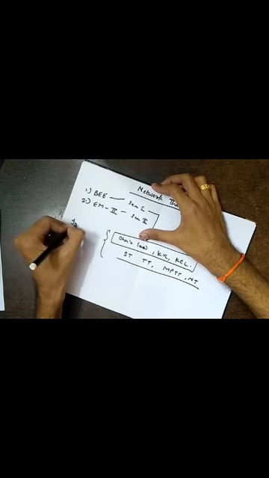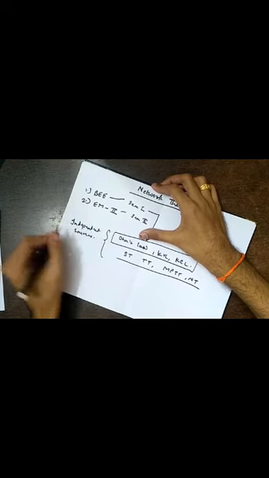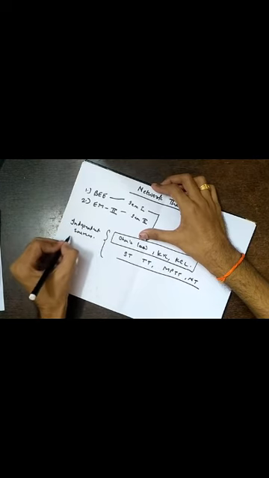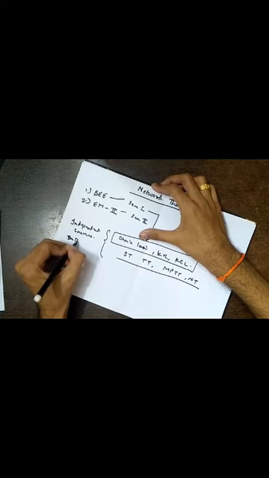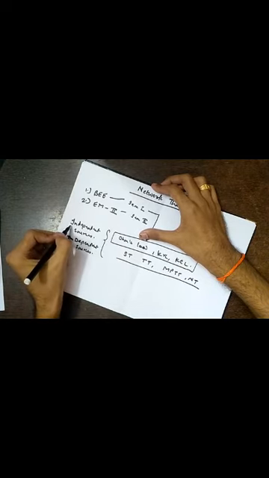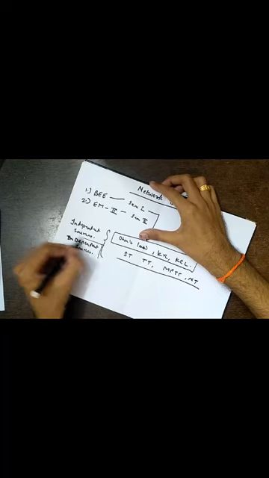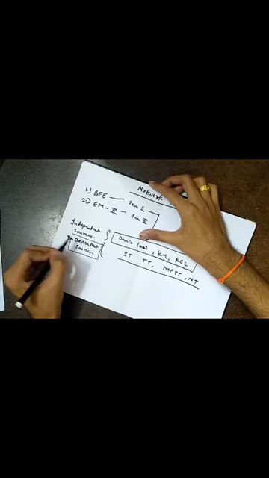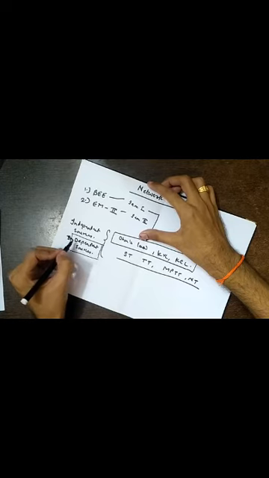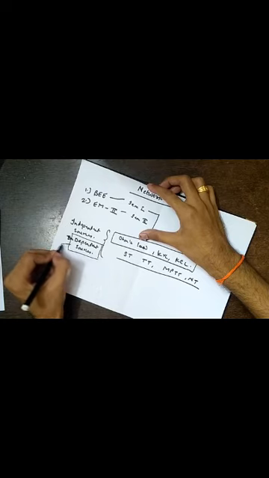This you studied for something called independent sources. Apart from that, we'll also study something called dependent sources. So what is the difference between independent and dependent sources? In independent sources, the current at any branch does not depend on the voltage or the current in another branch. But in dependent sources, the current in any branch may depend on the voltage or current source which is in another part of the circuit. So this is called a dependent source.